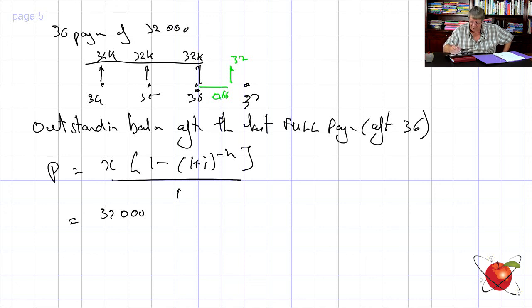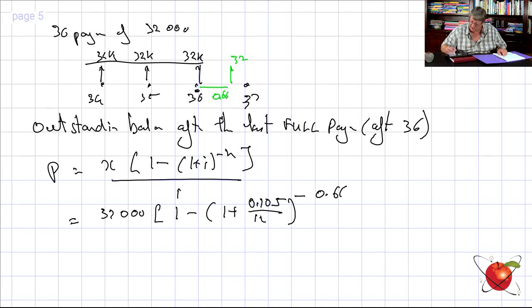It's this little piece here. I'm essentially bringing it back. 1 minus, what is 1 plus I? 1 plus 0.105 over 12 months to the power of minus that big number, 36.66585728,